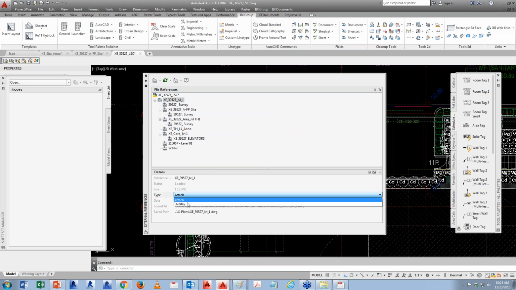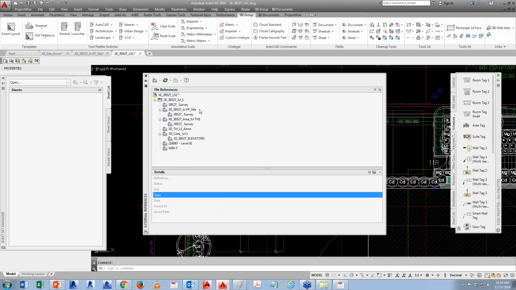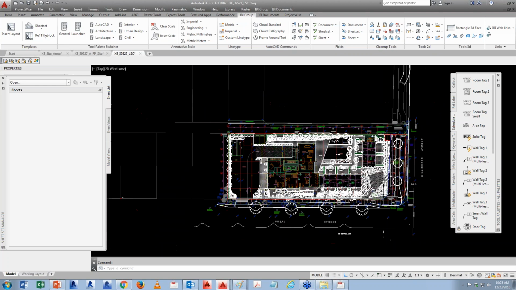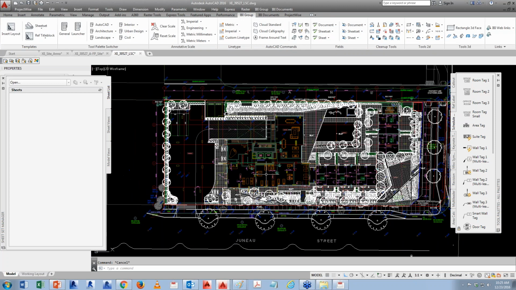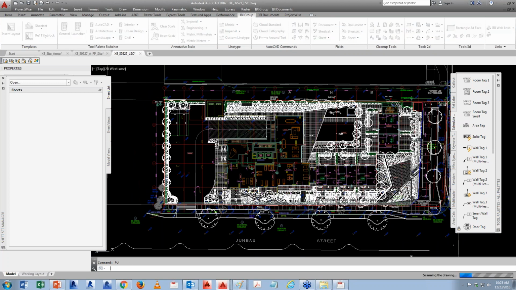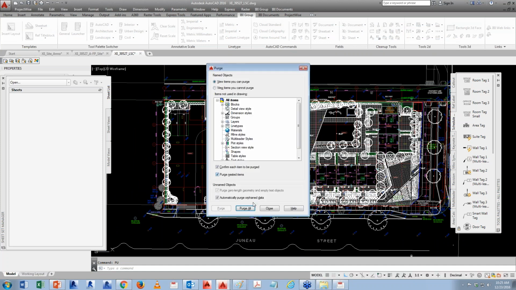But if you want, you can always change it to overlay so it will not affect anything. Since this is a landscape, you should not see a lot of this in a lot of your AutoCAD drawings. So when you go purge it,